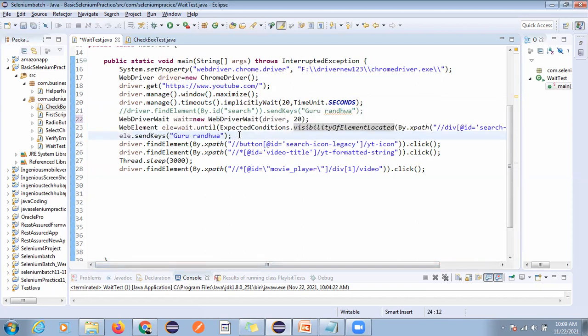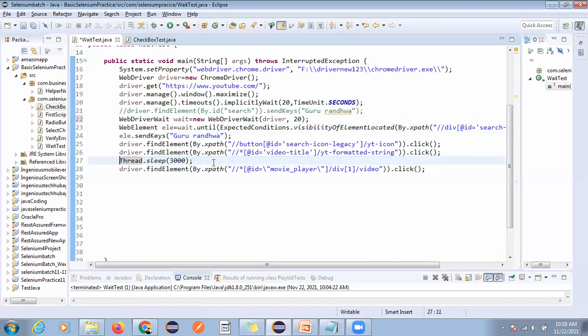Sir, if we have the Thread.sleep method, does it also work the same as the wait method? Then why do we use wait? No, no. See, this is from Java, right? I told you it is taking 20 seconds, but here it will fail.